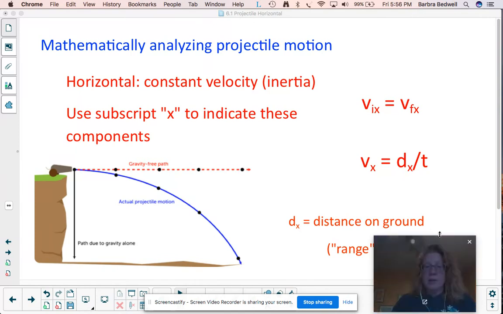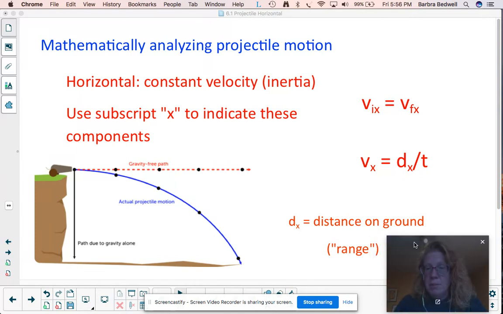So anyway, projectile motion. Projectile motion is that idea of launching something up in the air and then watching it kind of fly through space. Remember that the key idea with analyzing projectile motion is to think about it, rather than as a complicated curve, as the combination of two different simpler types of motion, which is horizontal motion and